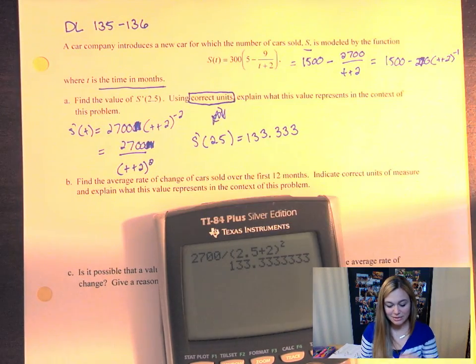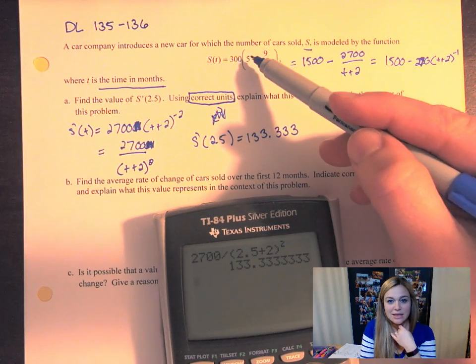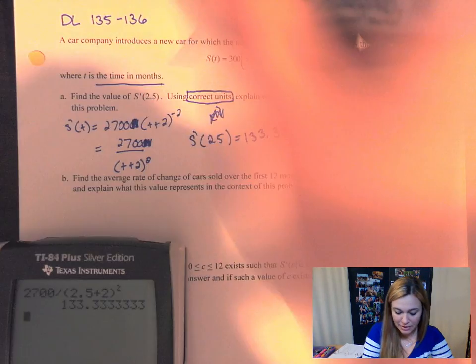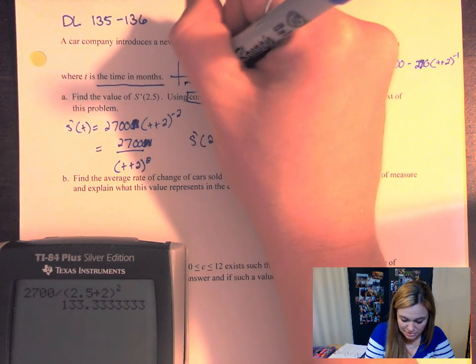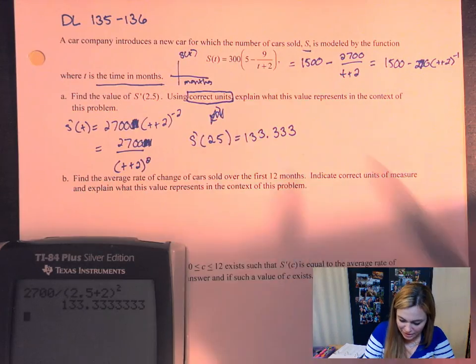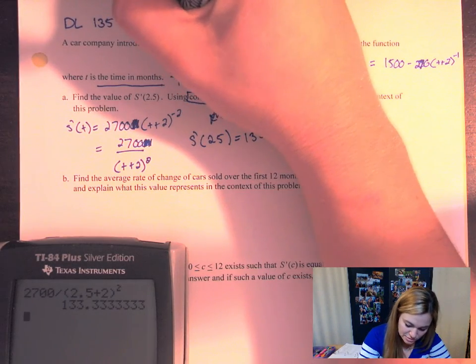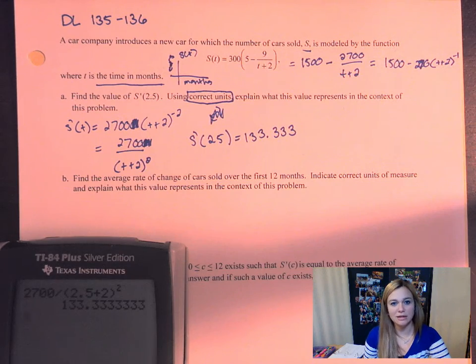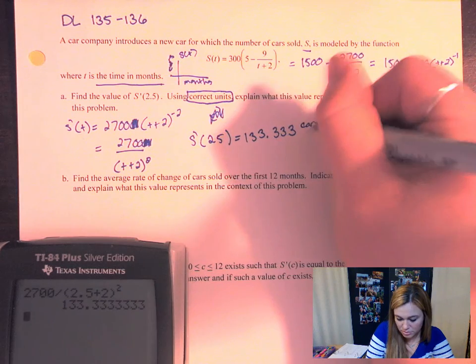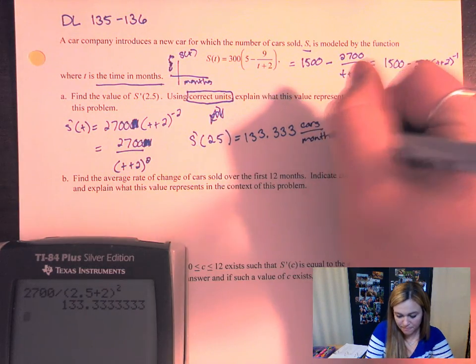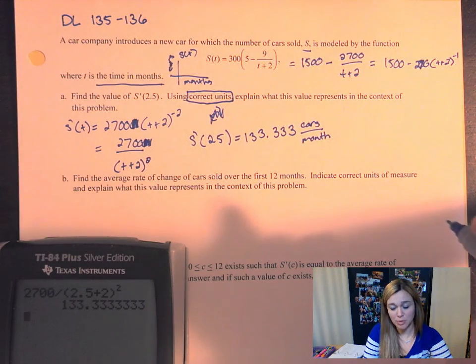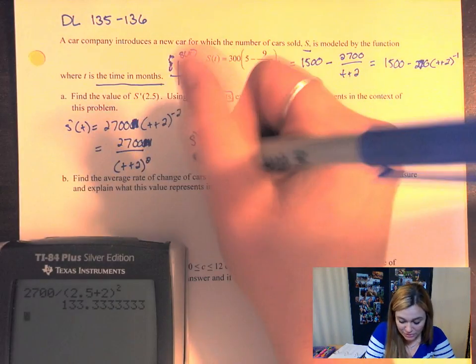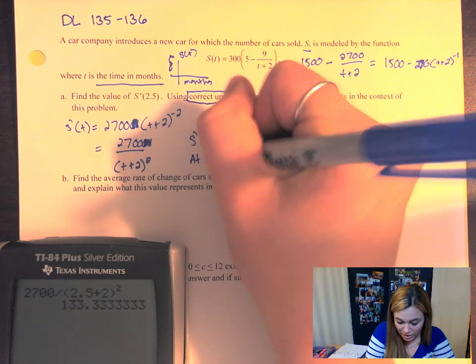Think about this. If this were a graph of S of t, where t is the time in months, with months along the bottom and the number of cars on the other side, think about the slope of that line, rise over run. You would get cars per month. We found the rate. So to explain what this value represents in the context of the problem, at 2.5 months,